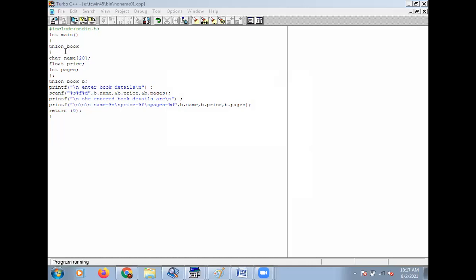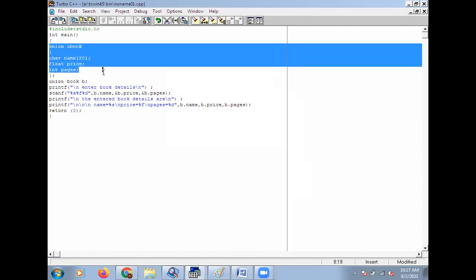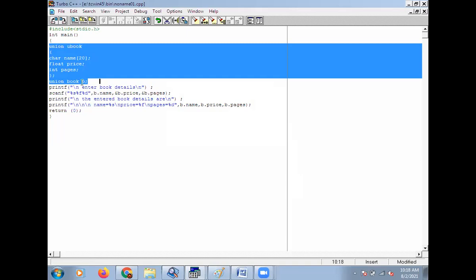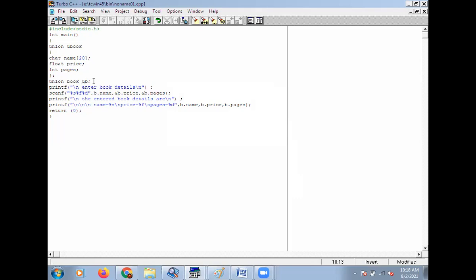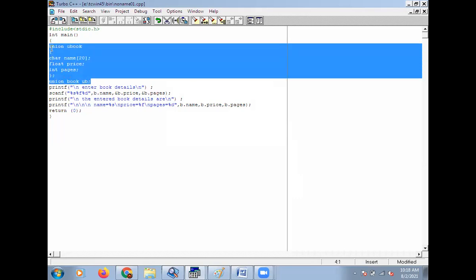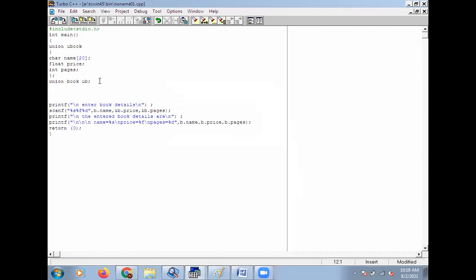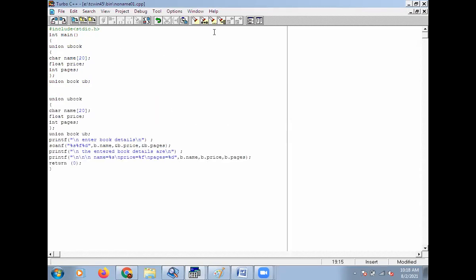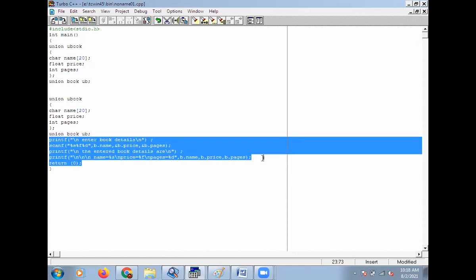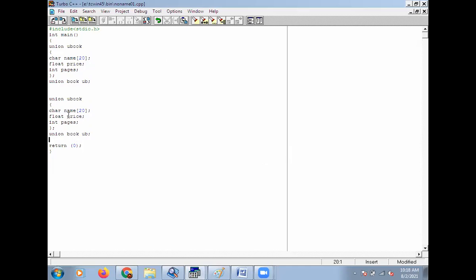Suppose union book, written as ub for the union variable. Then the code as struct, suppose sb for structure book.